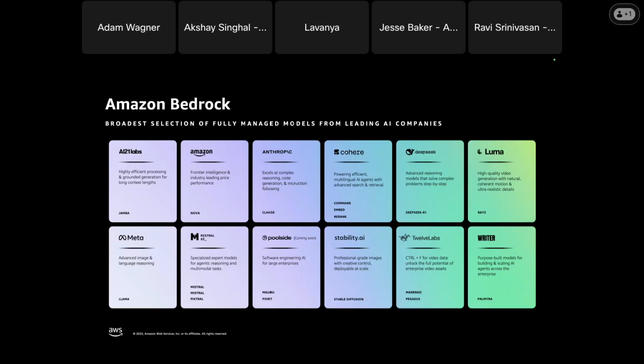And so this allows you to really iterate quickly, really easily try out different models using the same APIs. And so it really just cuts down that time of experimentation and finding the right models.